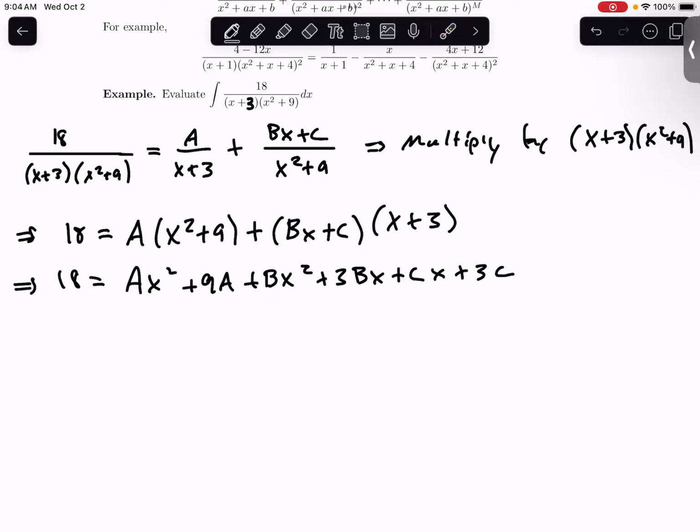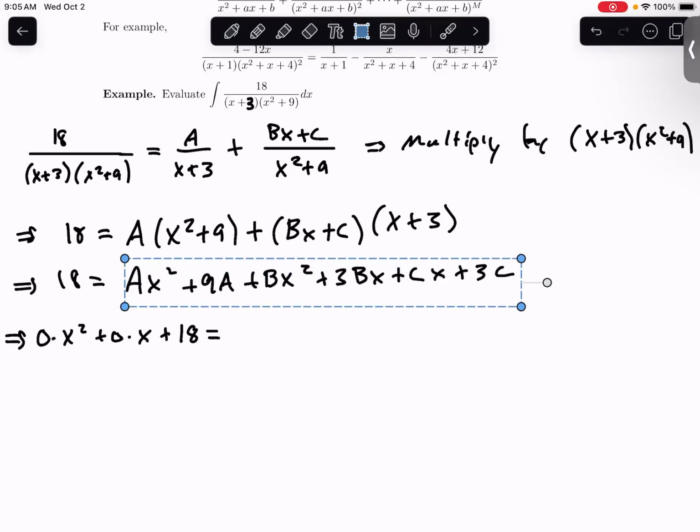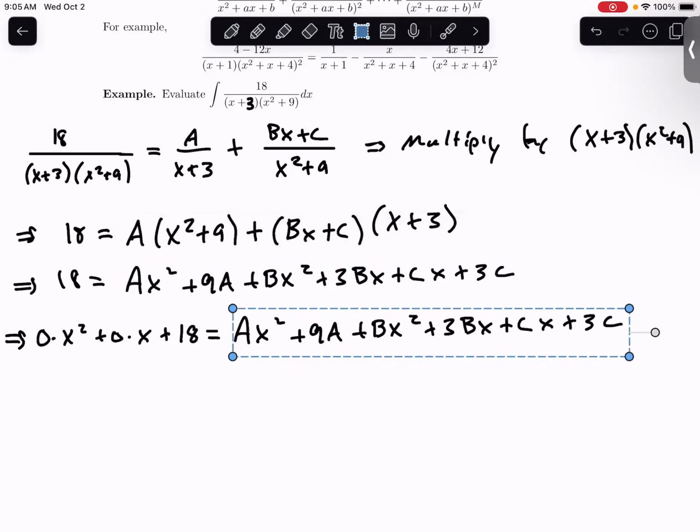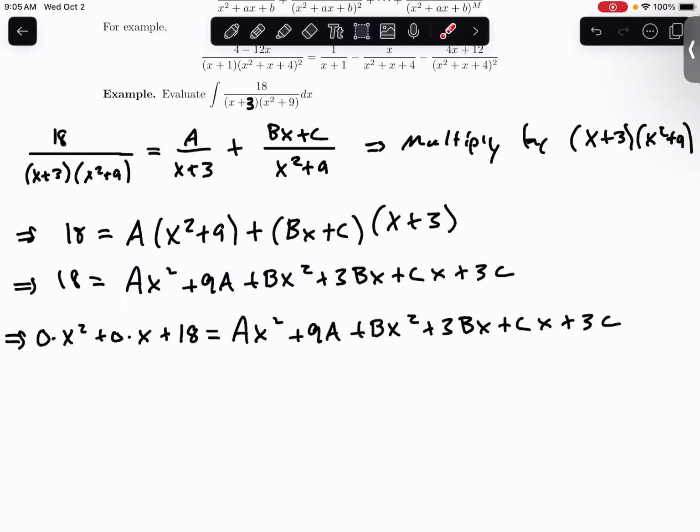So what I mean by this is, 18 you can think of as being 0 times x squared plus 0 times x plus 18. And then on the right-hand side, you can just copy and paste what we had already, right? And so what this tells us is that the coefficient for x squared should end up being equal to 0, right? You can't have a non-zero x squared term being equal to something that doesn't have an x squared term,